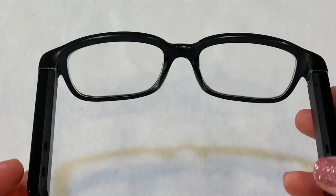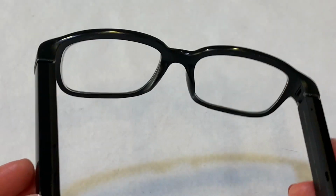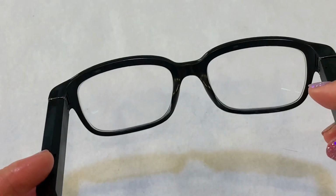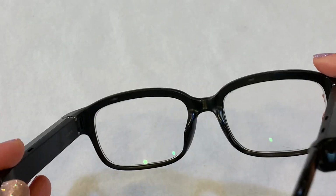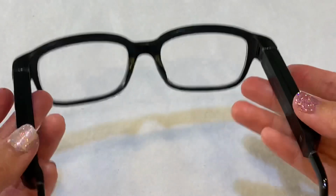But because of these glasses, I have been wearing my glasses more often instead of my contacts, which in itself is a good thing because wearing contacts too much does give me more eye fatigue than wearing these glasses. But there is one thing I wanted to mention that Amazon does need to improve on,